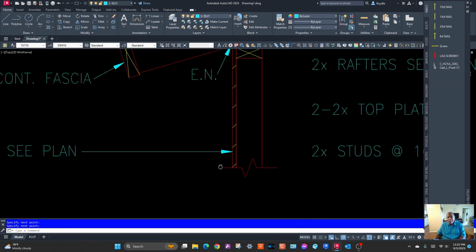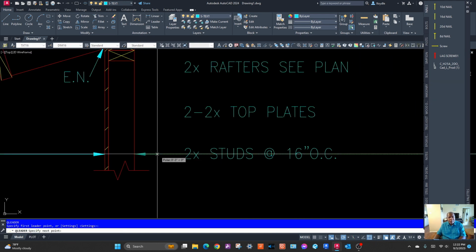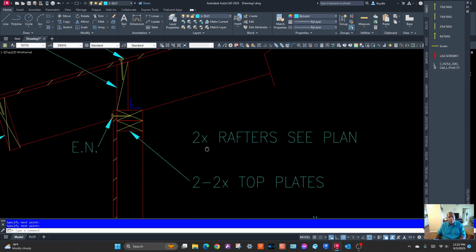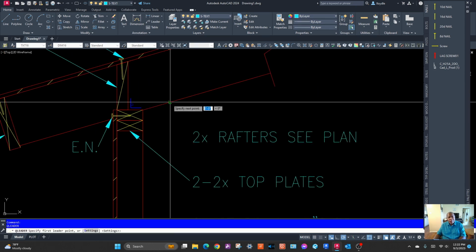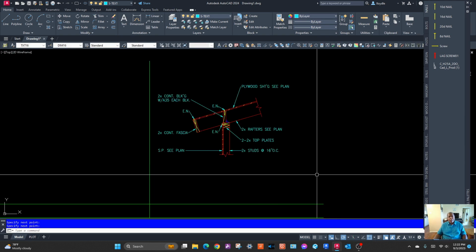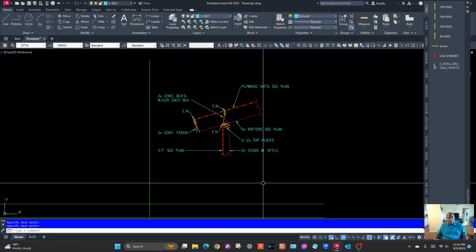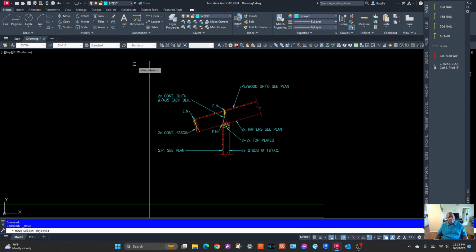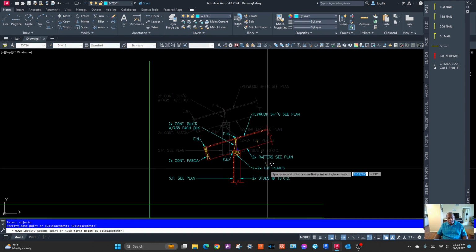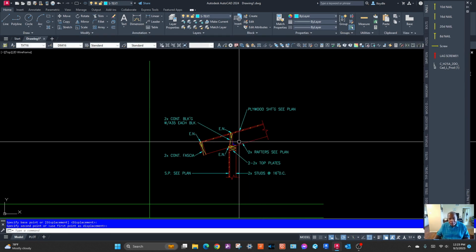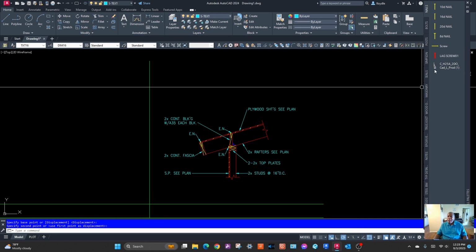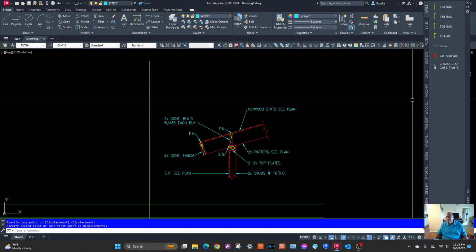Shear panel. Studs. 2x top plates. Rafters. There we go. And the detail's complete. Let's just move it over. There. Now one quick thing, no, I did demonstrate that already. Oh, one other thing for